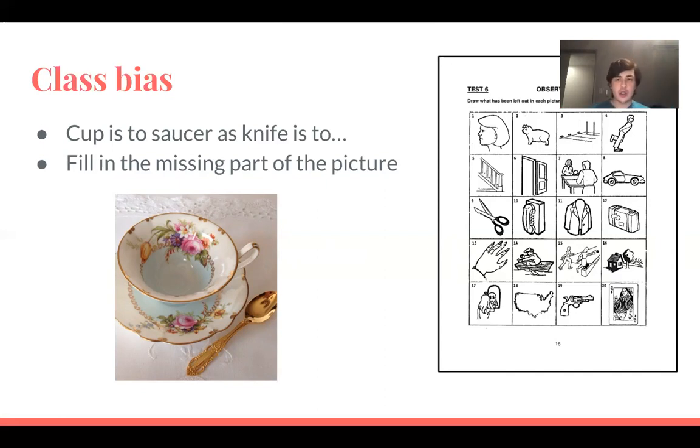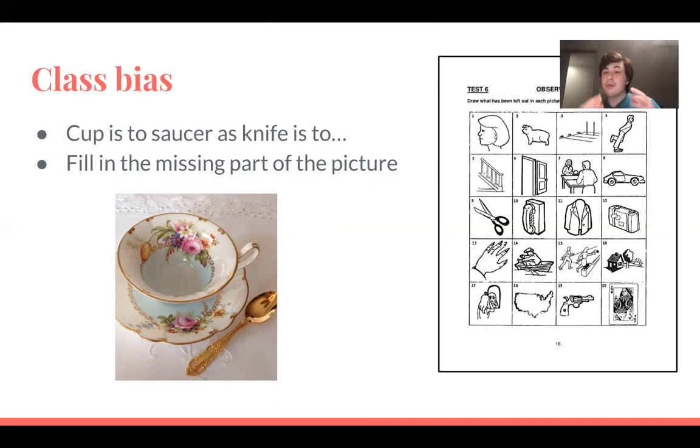You can imagine that's a good type of problem. It kind of assesses logical reasoning, but a lot of us probably don't know what a saucer is. If you have a teacup, that little plate under it is a saucer. Rich people might have a lot of those around their house, so they know exactly what that is. But people who aren't as rich, or maybe even middle class people, might have no idea what a saucer is. So they would score worse on that item, not because they're less intelligent, but because they just don't understand some of the content of the problem, which is not what the problem is trying to test.